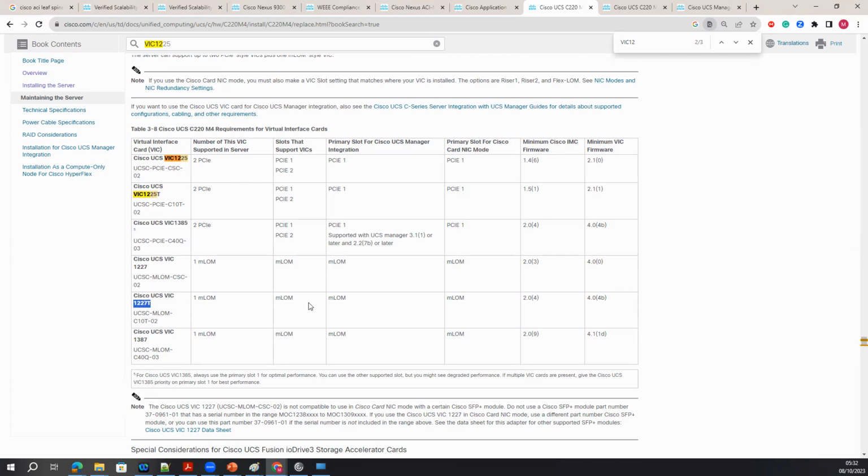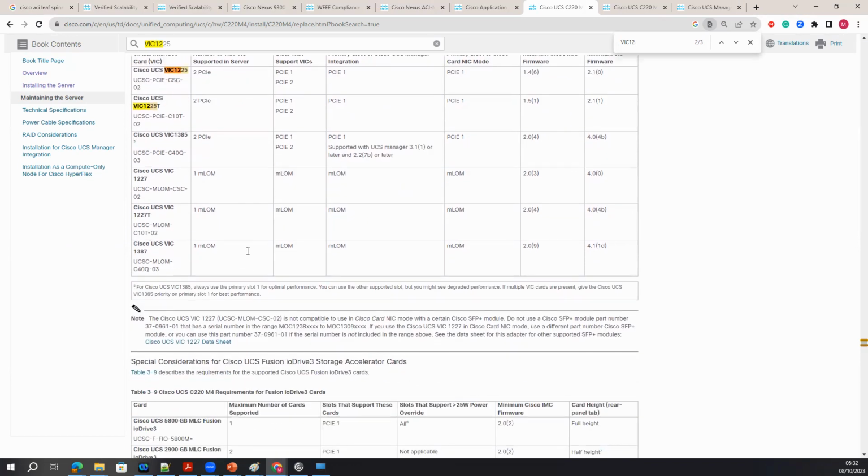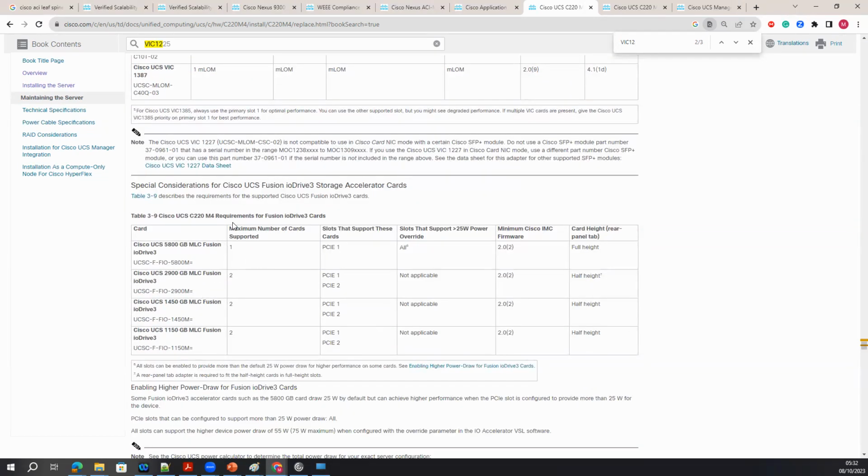These are the PCI cards which have minimum support, with the slots and the slot type. Look here. So you have to be very careful when you order what slots you need and what type of SFP you want to use. If you want to use SFP plus, do not use the SFP plus model; this model does not use that.